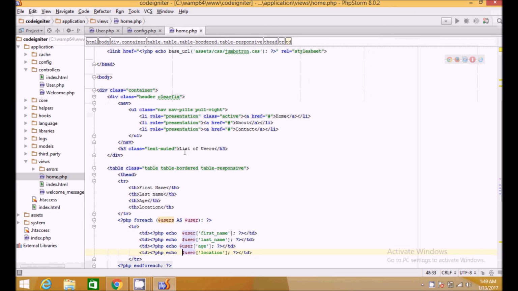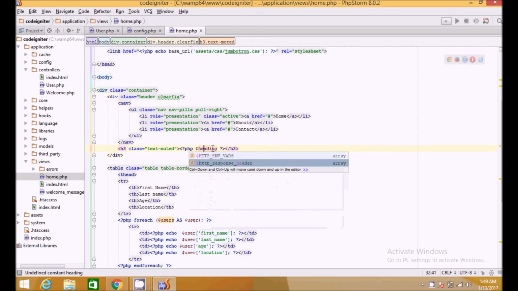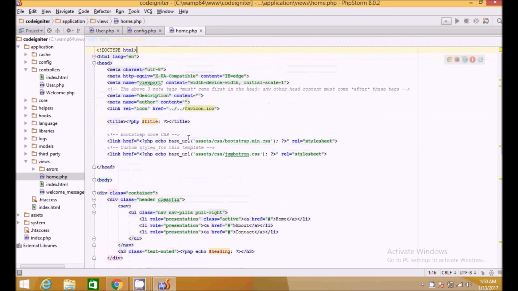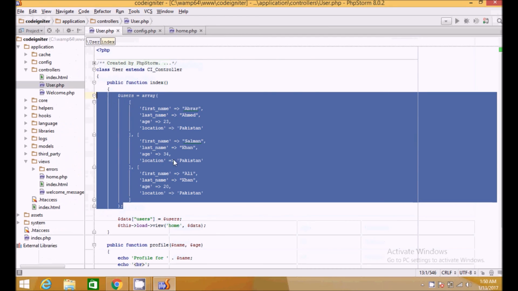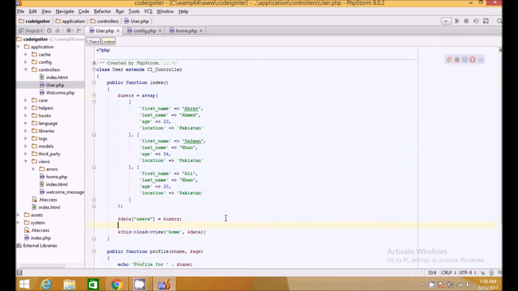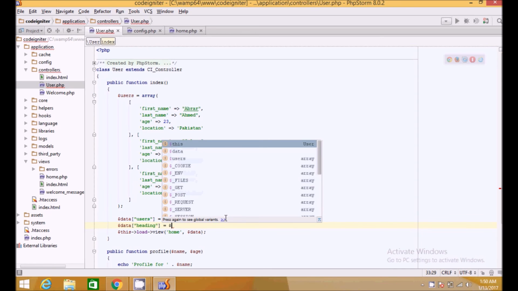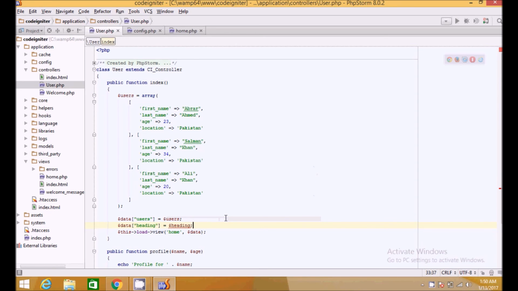So what I want to do is also pass this from the controller to our view. Let's say heading. echo heading, and we have a title here, so echo here. If we do this now, we do not have the heading, and we also have an error here that we have no title here. So let's call it data, and we are passing heading, and then